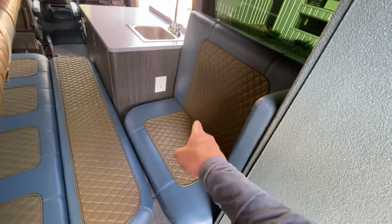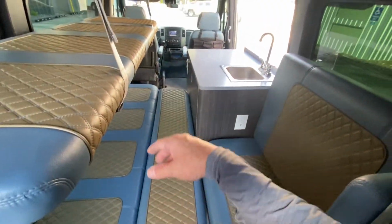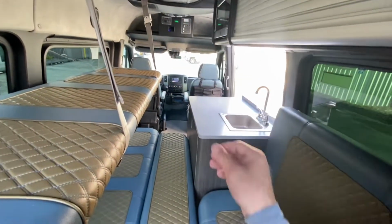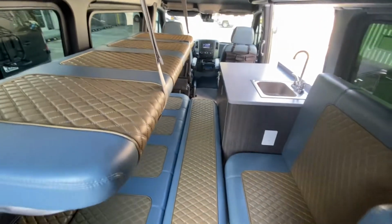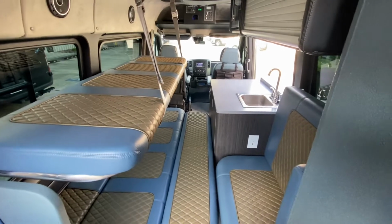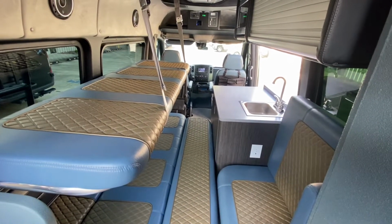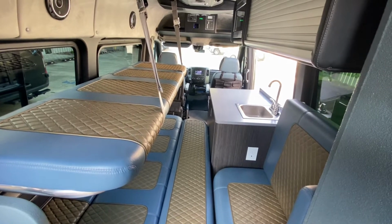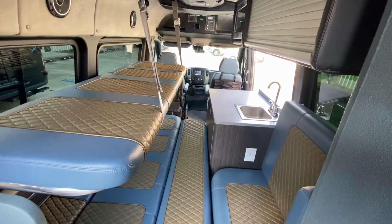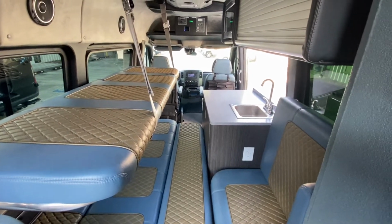Plus this is kind of a little love seat, but let's just say 1 here, 4 here comfortably. That's still 7 people, so 7 to 10 people, and obviously 4 people real comfortable and 3 people even more comfortable. He's taking his son and his wife out and his dog, gone out in the Rockies, and has stayed out there for 2 weeks off grid, hunting, fishing, living it up in this van right here